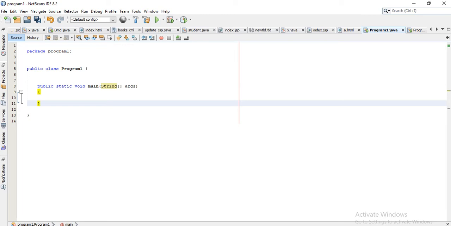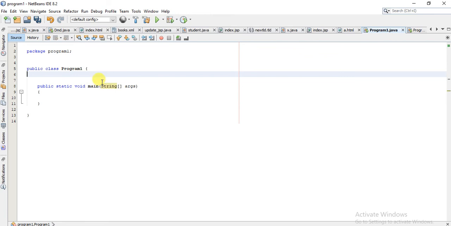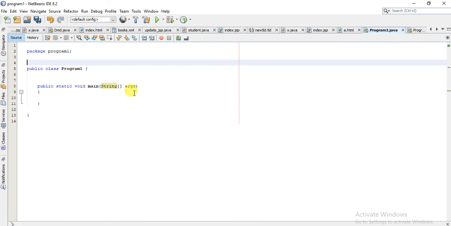Now we'll see the use of the this keyword. Sorry, not this. First we will see the use of the final keyword. The final keyword can be used in three places: we can make a class final, we can use the final keyword with a method, and we can also use final with variables. So let us see with an example how. First I am creating a class